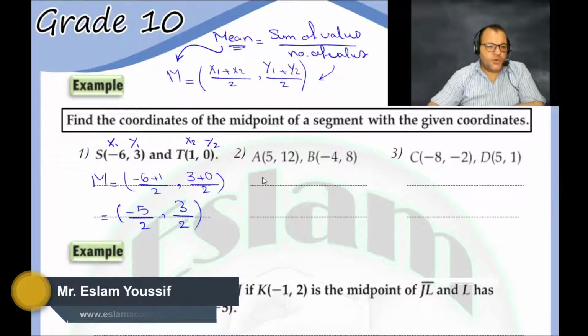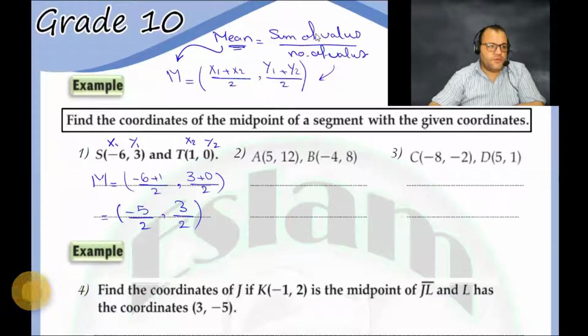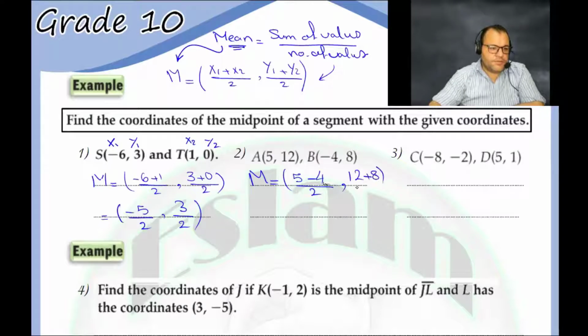So for number 2, how can we find it? I need another one to solve. M is equal to 5 plus negative 4. It will be 5 minus 4. Instead of using plus minus, we can replace it with minus 4, divided by 2, and 12 plus 8 over 2, which equals